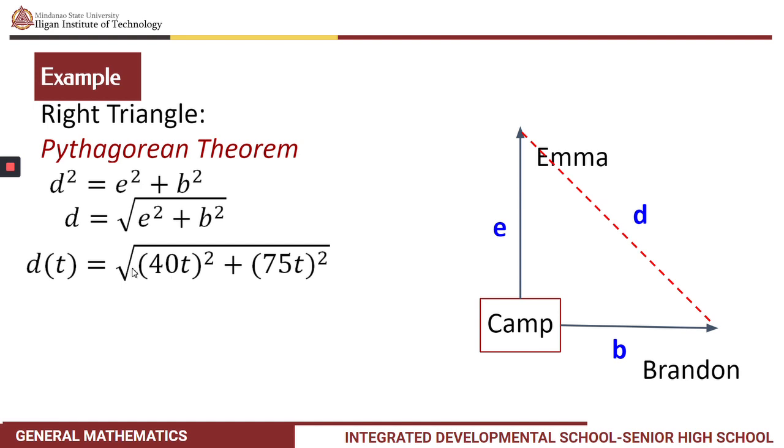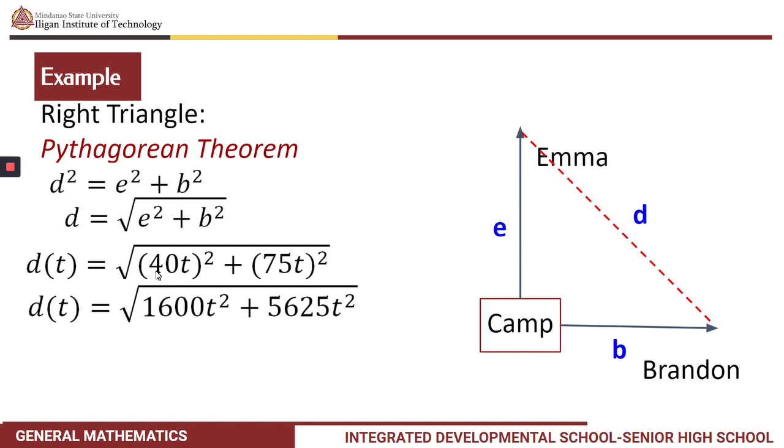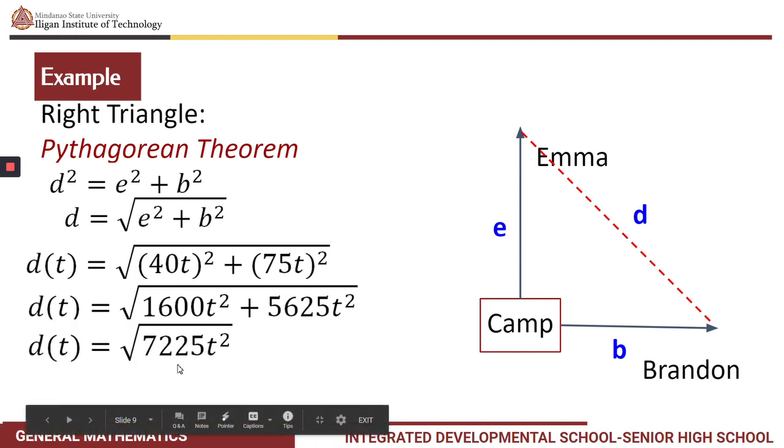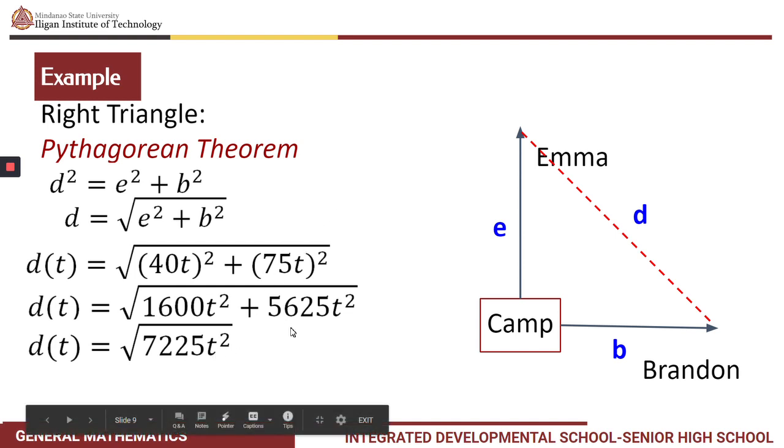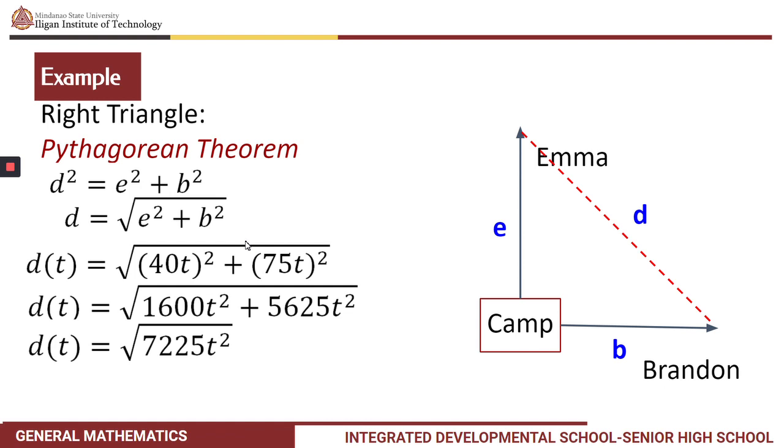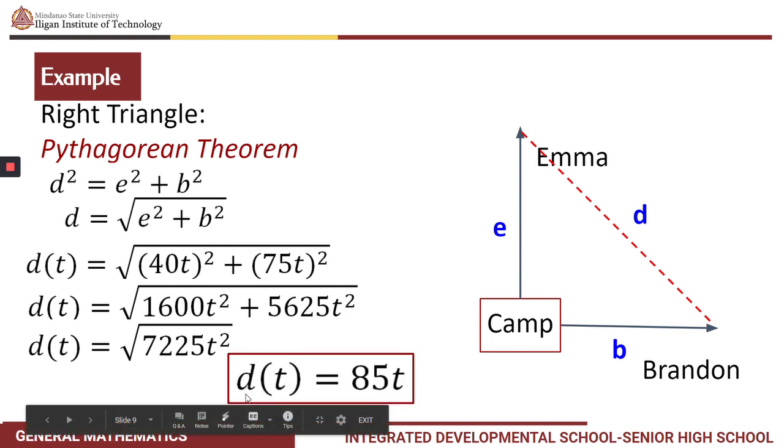So if you are to simplify this one, the square of 40t is 1600t squared. The square of 75t is 5625t squared. So combine like terms, you will get the square root of 7,225 t squared. So, is 7225 a perfect square? Yes, it is a perfect square, and its square root is 85. So you'll have d of t equal to 85t, where t is the